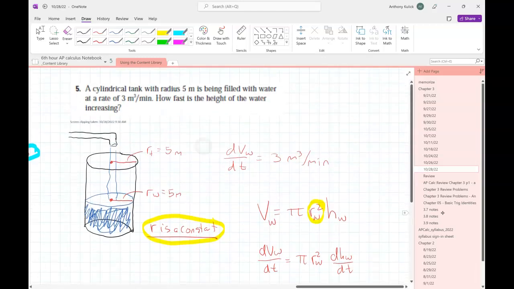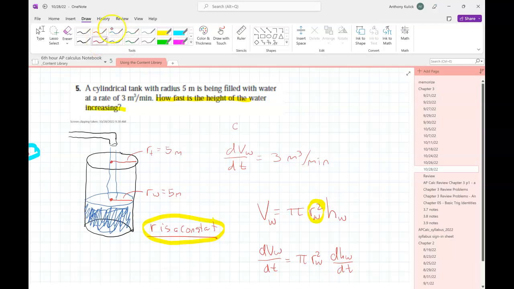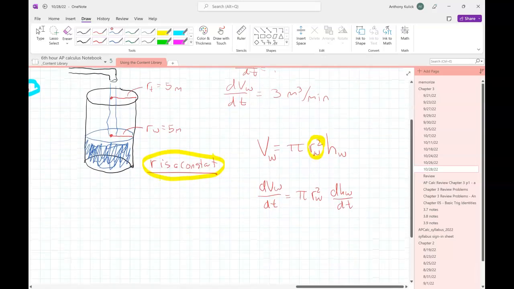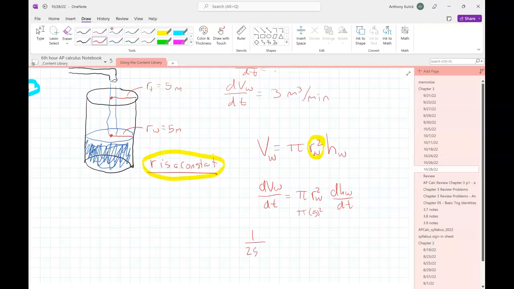Because what are we looking for in this problem? Which we have, right? So all I need to do is divide both sides by 25 pi. So 1 over 25 pi times 3 is going to equal,